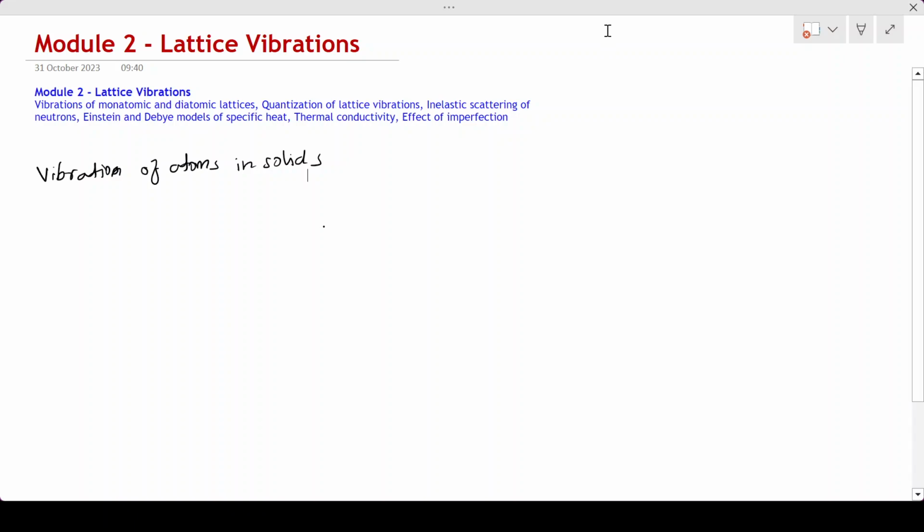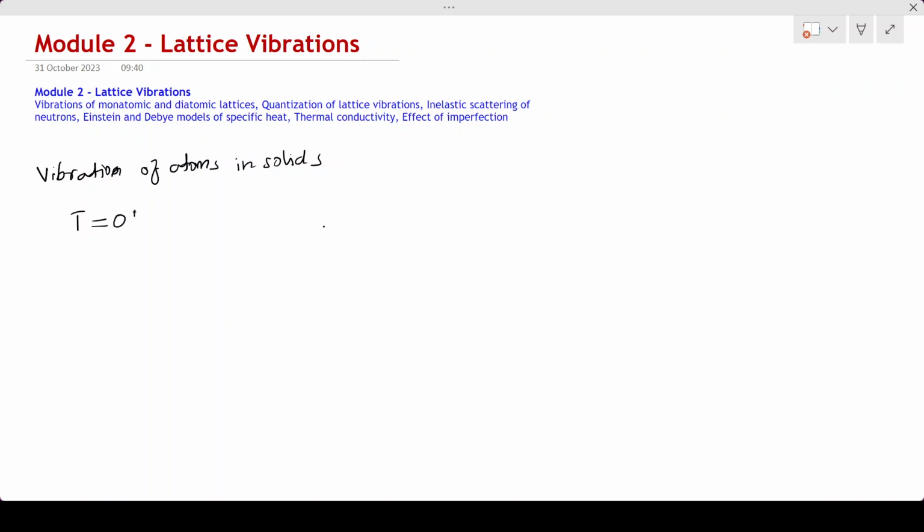We know what a lattice is. Lattice means a periodic arrangement of points in space, which we have already discussed. And lattice plus basis, meaning an atom or a group of atoms, constitutes a crystal structure. So within a crystal structure we have a lattice and a basis. When an atom is placed at a lattice point, it will start vibrating, and the vibration can be treated as a simple harmonic motion if